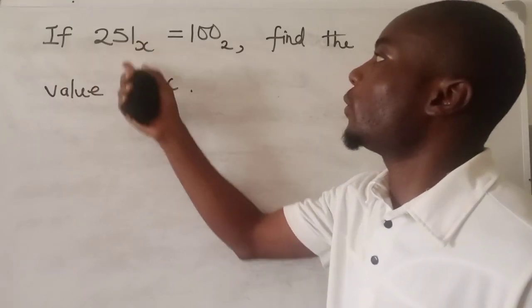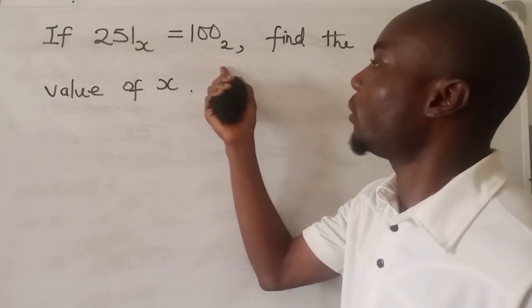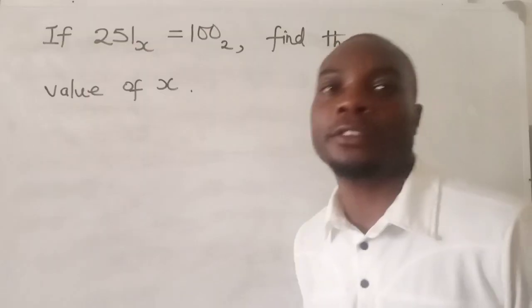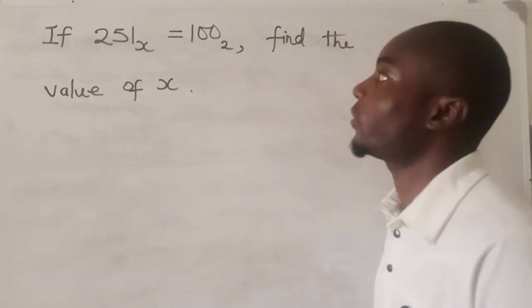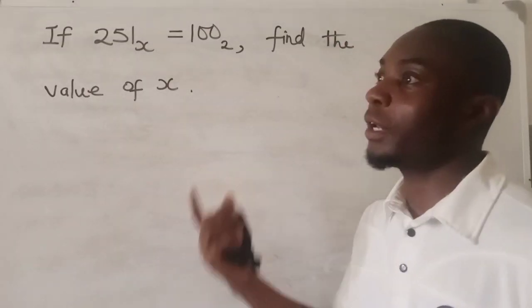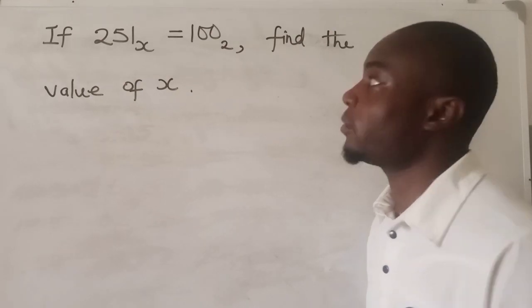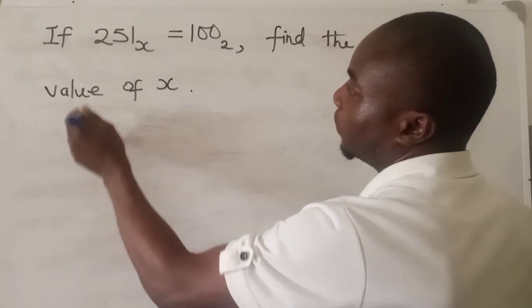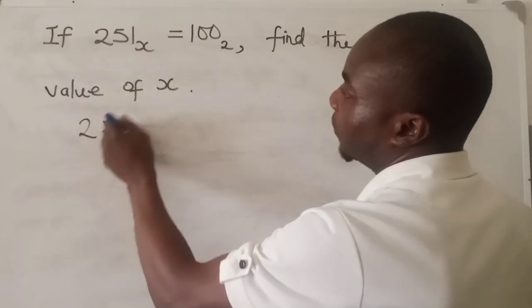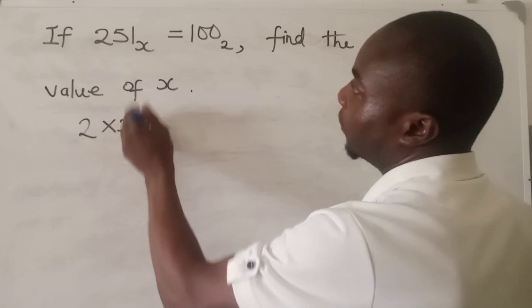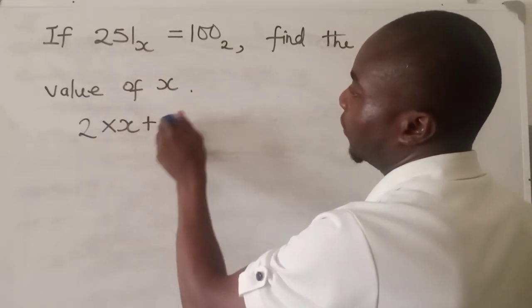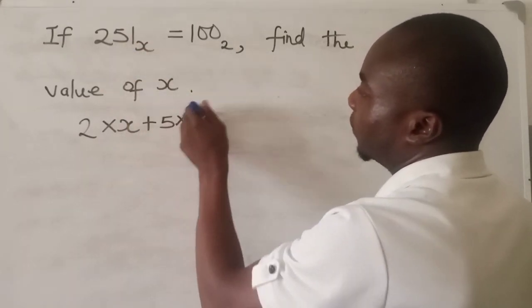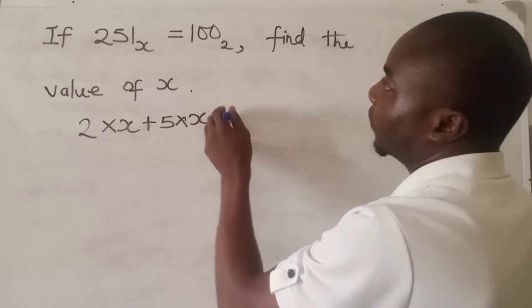If 251 base x is equal to 100 base 2, find the value of x. To find the value of x in this case, we apply the rules of the binary system of counting numbers. So we'll say 2 times our base x, plus 5 times base x, plus 1